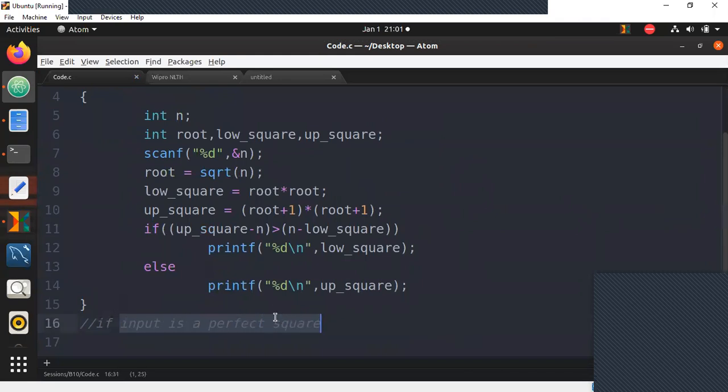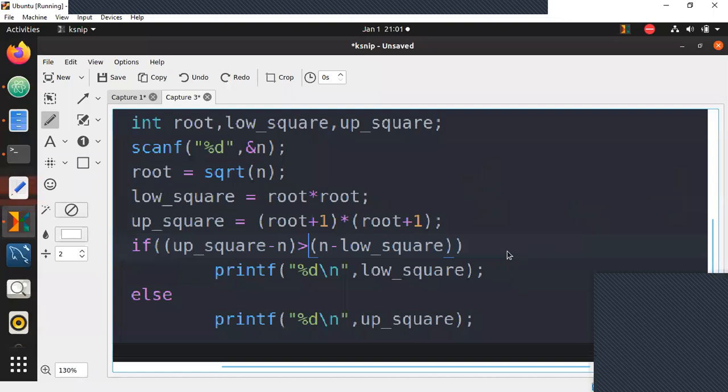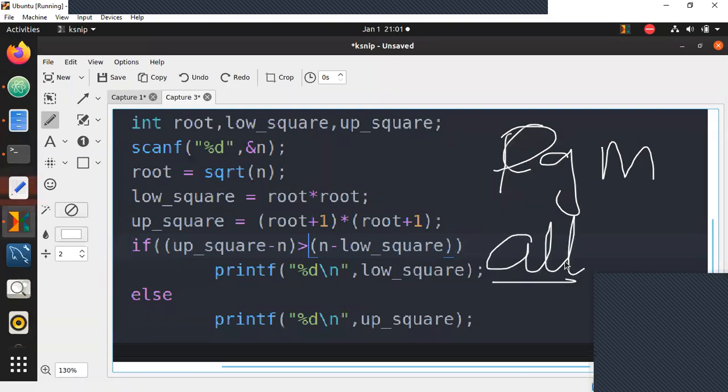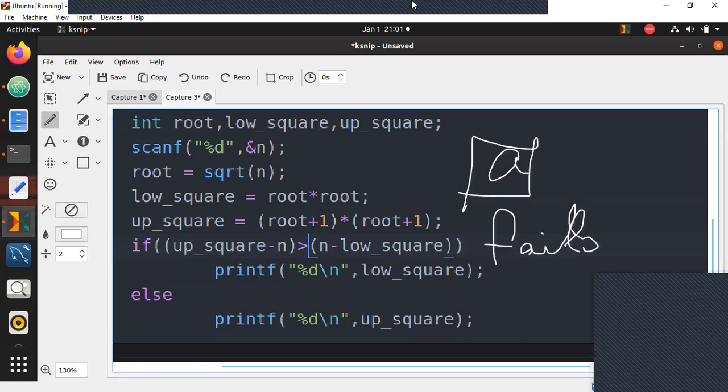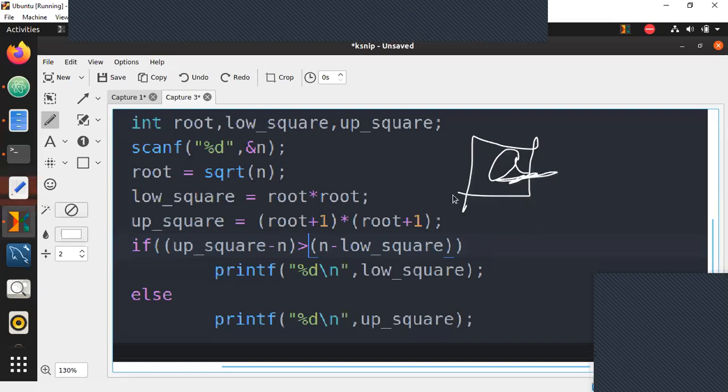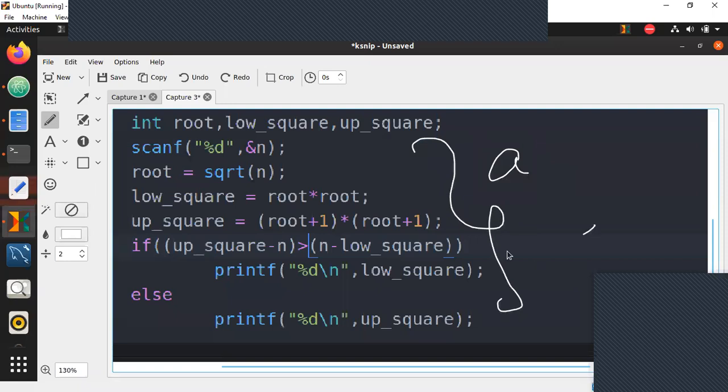If input is a perfect square. Now, what are test cases? One thing to note, you may create a program that may work for almost all types of inputs, but for some particular input, it fails. And they always use those particular inputs for which certain programs fail.